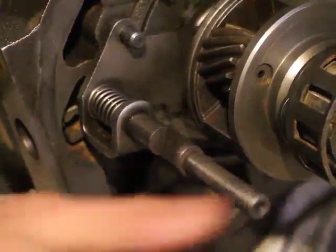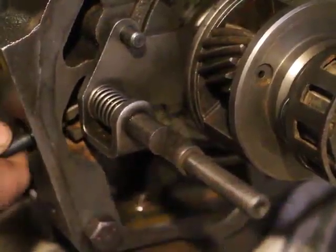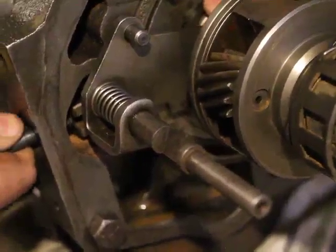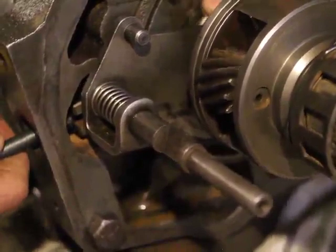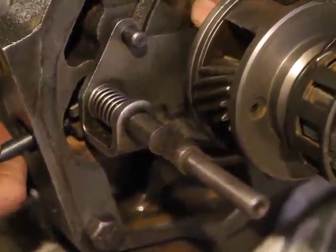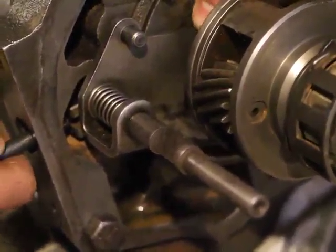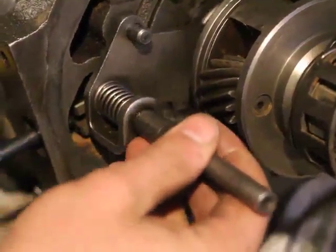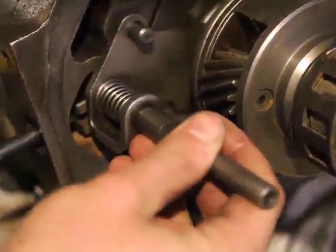So I'll put it back in overdrive. See if it'll go in now. I can also move it by hand. See? Now it went in, all the way in. And now it's locked. Now when it is locked, you can still